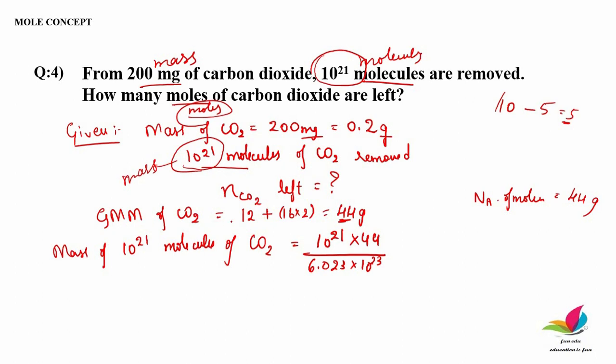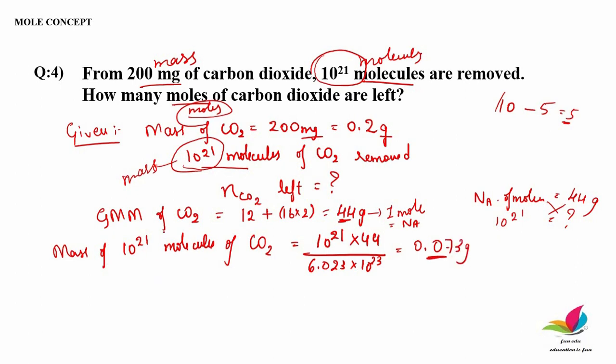See, here I have written gram molecular mass of carbon dioxide is 44 gram. This is nothing but what I just said, mass of 1 mole of a substance is equal to gram molecular mass. And 1 mole of a substance is nothing but Avogadro number of particles. So Avogadro number of molecules of carbon dioxide will be equal to 44 gram, correct? So if you have 10 to the power 21 molecules instead of Avogadro number, what is the mass? Simple. 10 to the power 21 into 44 divided by Avogadro number. If you substitute and calculate, you will get approximately 0.073 gram, okay?